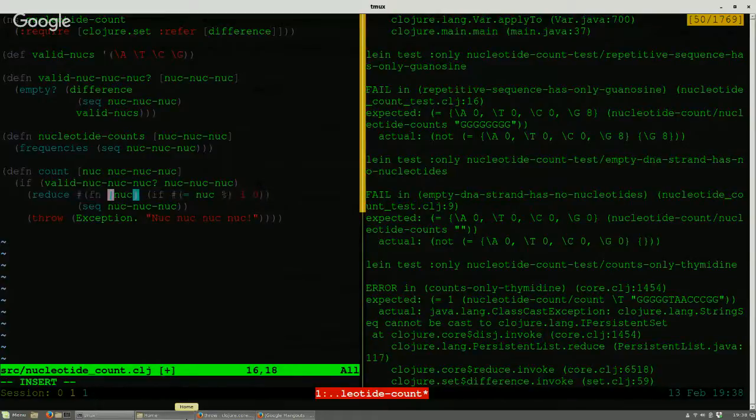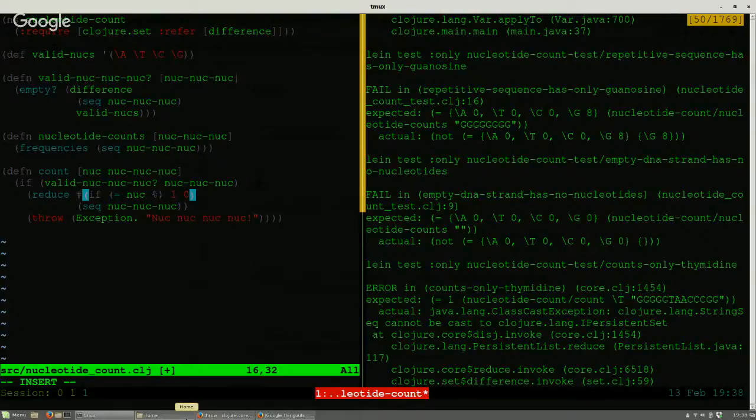Let's do this. If the nucleotide that's passed in is equal to nuc, 1, otherwise 0,